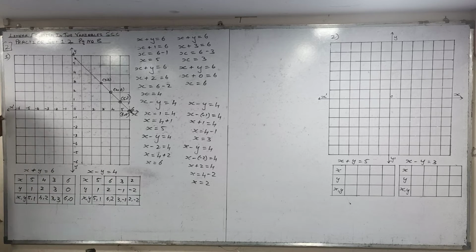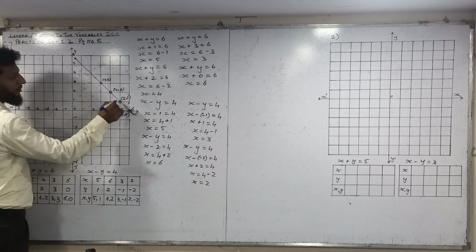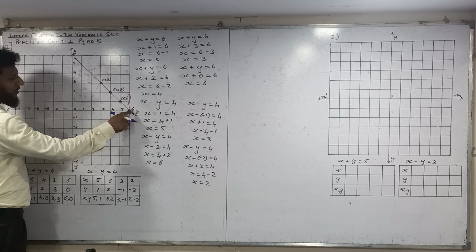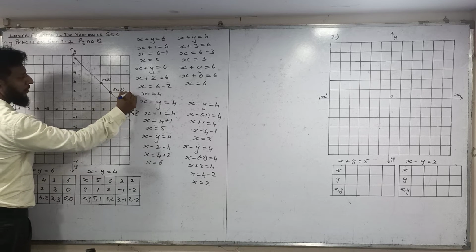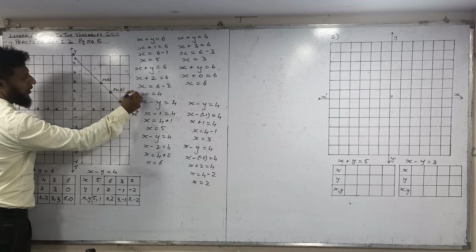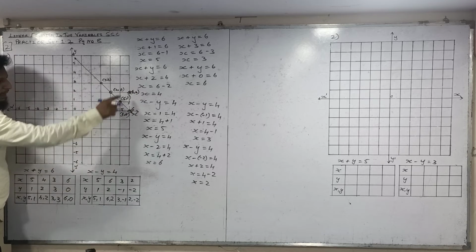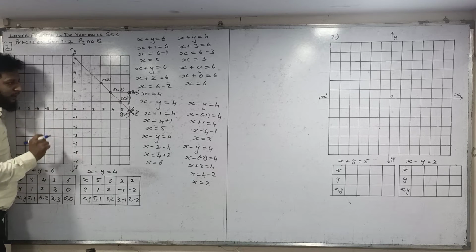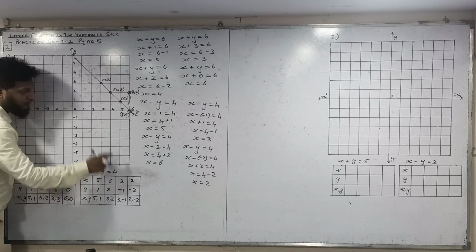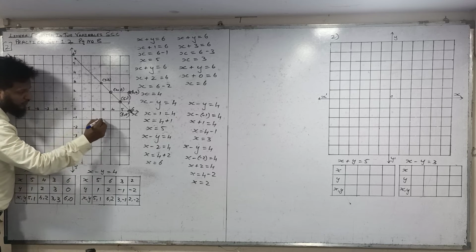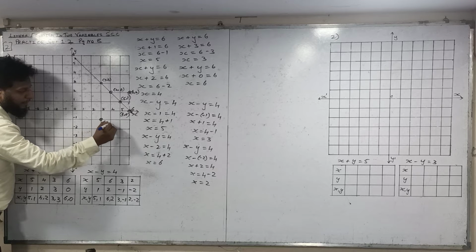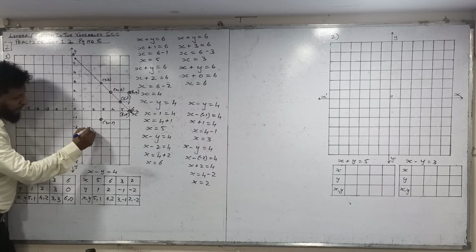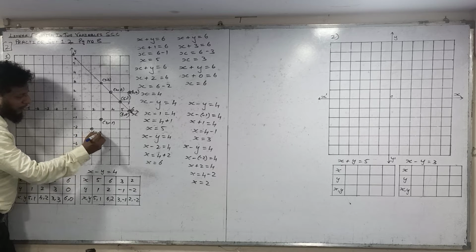What you have to do? You have to plot the point 5 and 1. See, the point is here only, 5 and 1. Next 6 and 2. X value 6 and y value 2. So our point is this, one point is 6 and 2. Okay. So x value 6 and y value 2. X value 5 and y value 1. Now x value 3 and y value minus 1. So this is our point 3 and minus 1. X value 2 and y value minus 2. So this point 2 and minus 2.